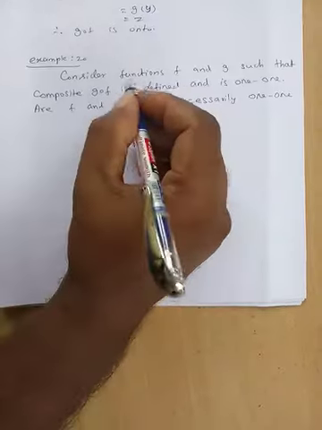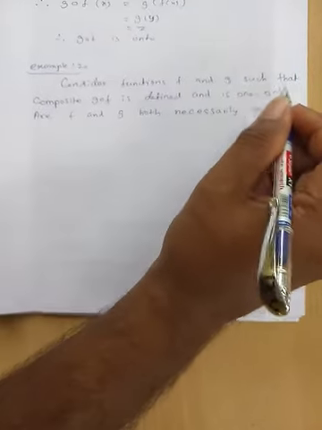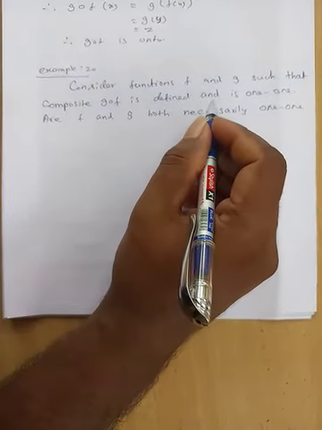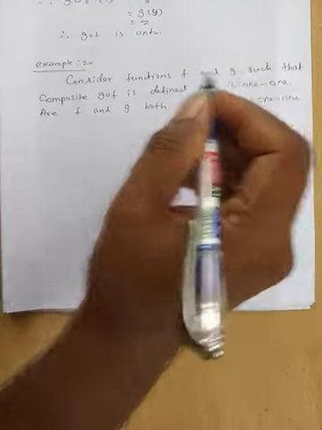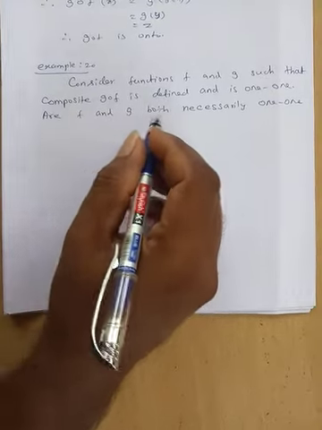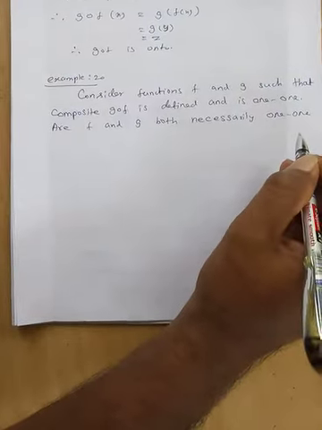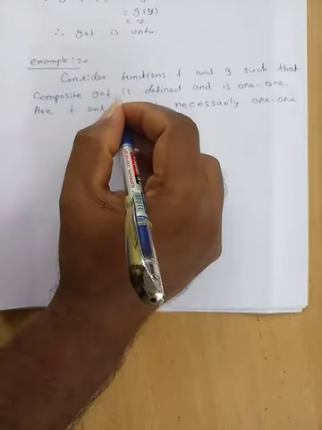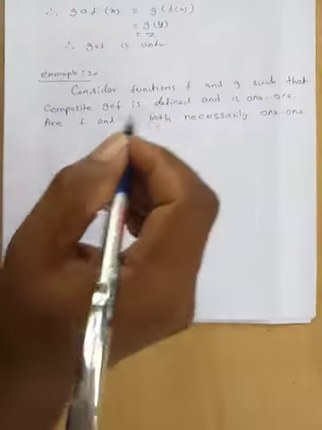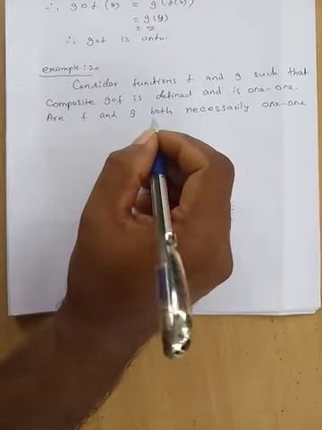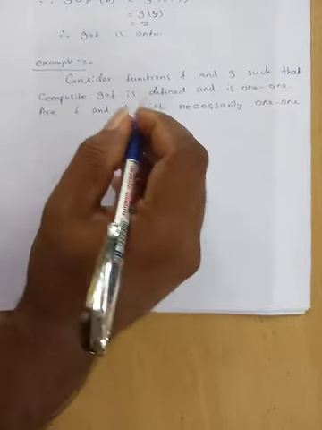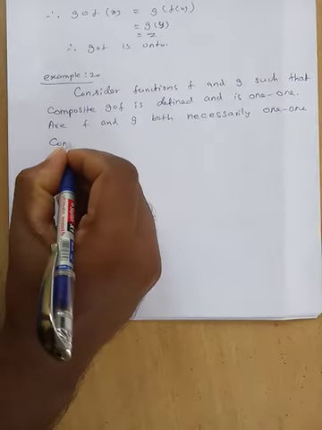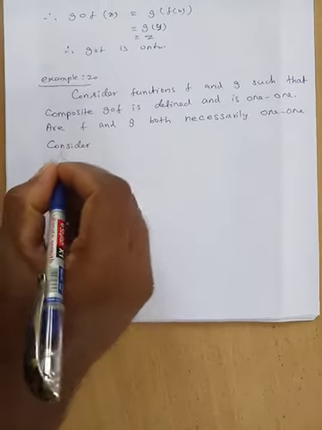Example 20. Consider functions f and g such that the composite g composition f is defined and is 1 to 1. Are f and g both necessarily 1 to 1? Here, since g composition f is 1 to 1, are f and g both necessarily 1 to 1? Now we want to verify this result. First consider a function